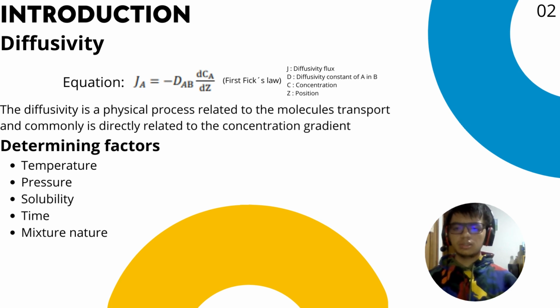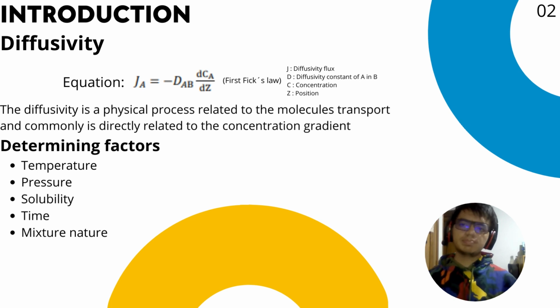In other parts, we have the temperature, the pressure, and the solubility, and in the case of this lab, the time, that are determining factors for the diffusivity and are directly related,